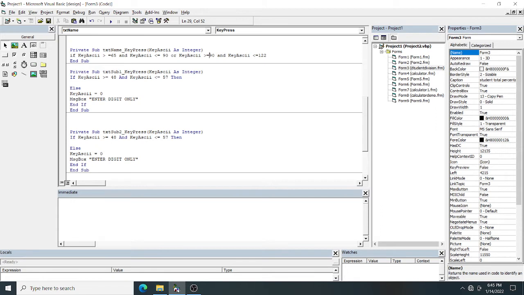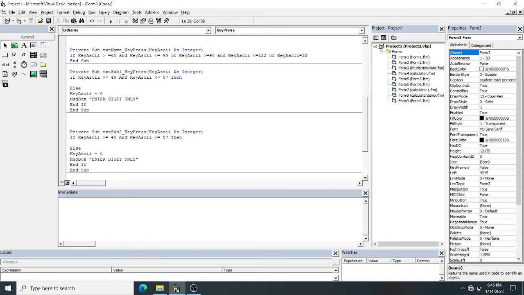Accepting lowercase alphabet. This part is for your uppercase alphabet, it will accept. Lowercase alphabet it will accept, and it will accept the space also. So what is the ASCII value of space? Key ASCII equal to 32.